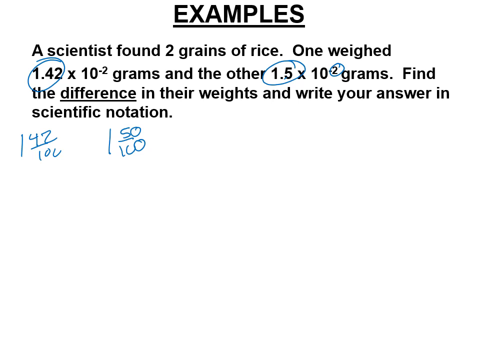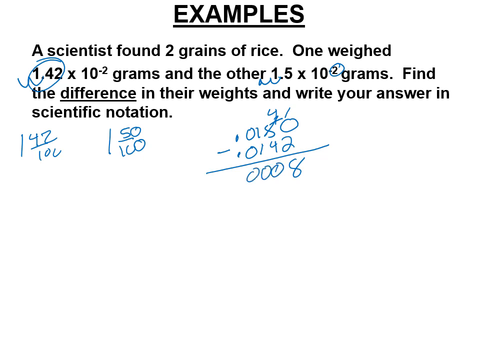So the 1.5 one is the bigger one. So we're going to move this twice, 1, 2, and we get 0.015. Move this twice, 1 and 2, you get 0.0142. All right, and we're going to subtract. Borrowing. You put the bigger one, well, the 0.0142 on the bottom, you're going to get an answer. It's going to be totally wrong, so don't do that. So it's 0.0008